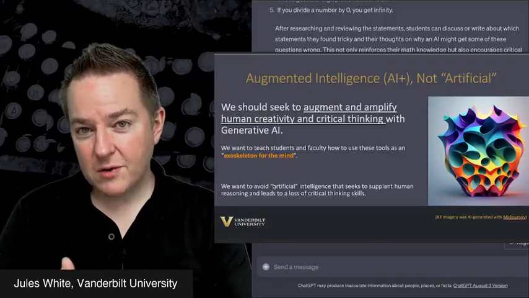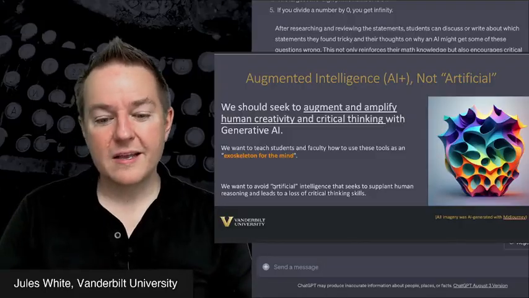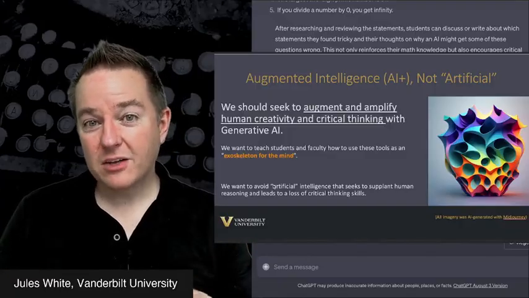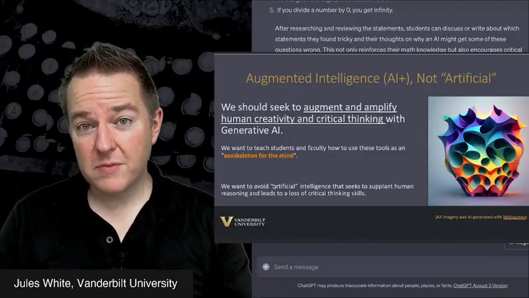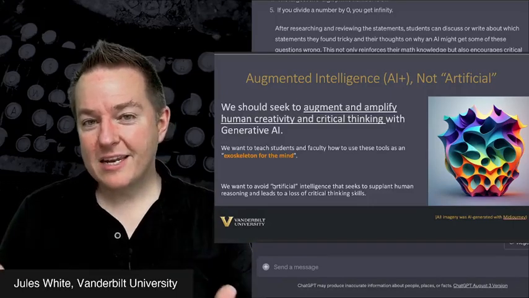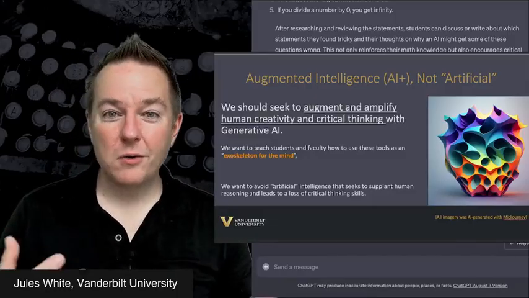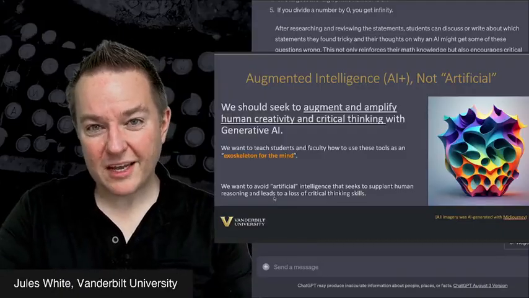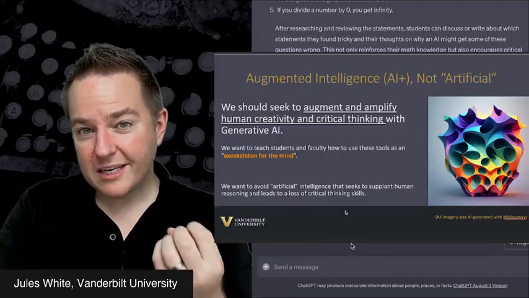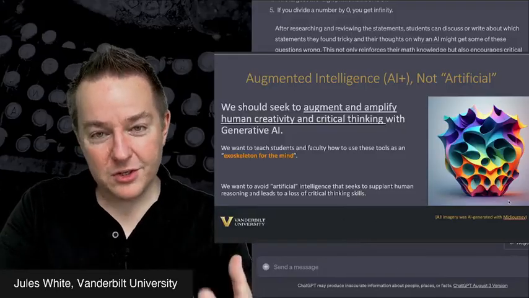It's not about taking away our thinking, our creativity. It's about amplifying. It's about supporting it. It's about building something better. It's about creating an exoskeleton for our minds that allows us to achieve things that we couldn't do before. We want to do more with these tools. We don't want to replace ourselves, because at the end of the day, artificial, as we've seen in foods and all kinds of other things, unfortunately isn't always that great of a substitute for the real thing. This class is all about the real thing, which is about taking real human creativity and intelligence and amplifying it, about taking that exoskeleton for the mind and using it in education.